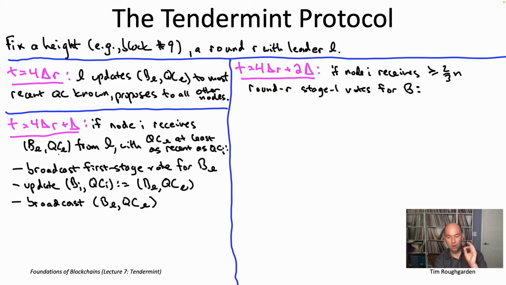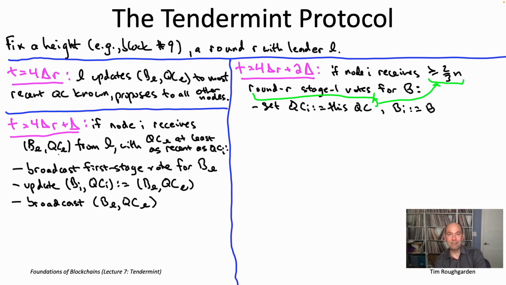If there's one, call it capital B. In that event, the supporting votes constitute a quorum certificate. It's the most recent imaginable quorum certificate, right? It's literally from the previous stage of this same round. So this is a natural point for the node to update its local variables. Its new local QC is going to be this one it just witnessed firsthand. It's going to assemble all of these votes it received into a quorum certificate, store it locally, and then the local block variable will just be whatever block that QC supports, which in this case is capital B.